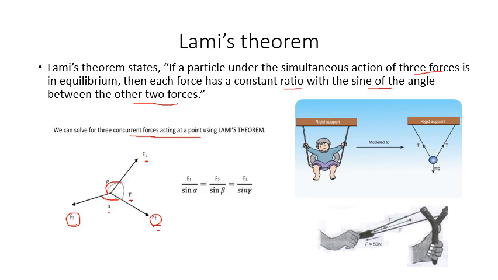Look at the example I've given here. Okay, a boy is sitting in something. So he's sitting here. His weight is acting in the downwards direction, and we have 2 points of contact. Okay, so it is on rigid support. So we have 3 points: point 1, point 2, and this is your point 3. So three forces are acting at a particular point. So this is your center point. Here we can use Lami's theorem. And this is the next example where we need to use Lami's theorem to find a force.